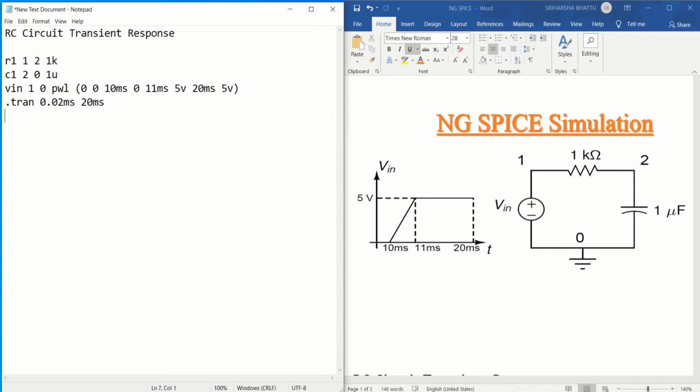Next, you have to define the runtime control functions by using dot control, use the run command, then you have to end these control functions with dot endc, and finally dot end.